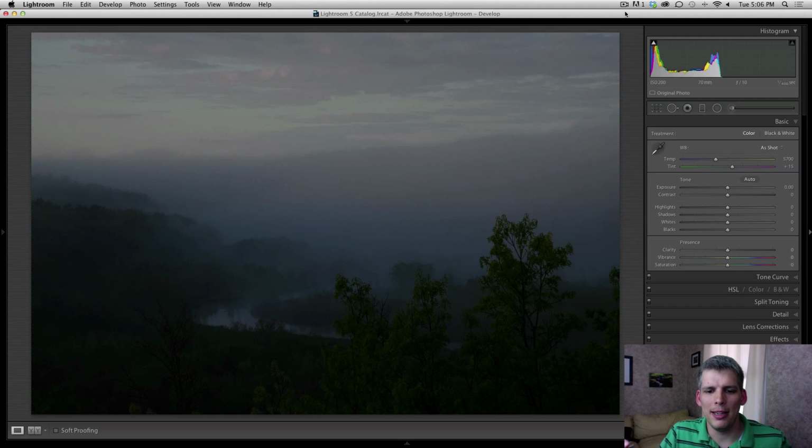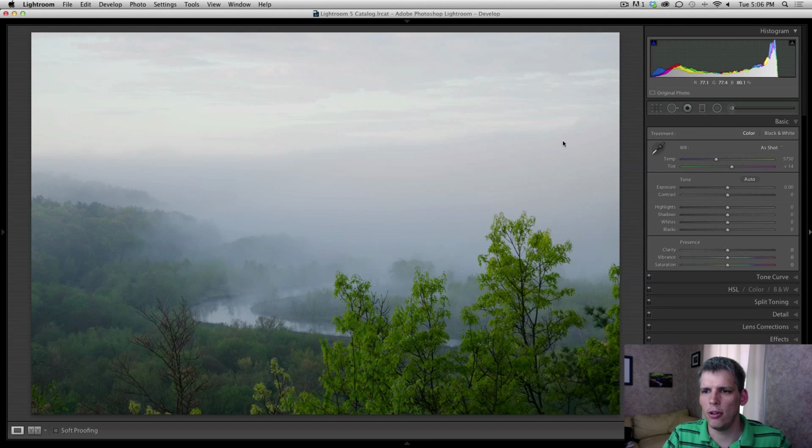This week I thought it'd be interesting to take a look at two photographs that are of the same general scene but shot using different settings, namely different exposures. So we have this photograph here, which was shot at ISO 200, 70mm, f10 and 1/400th of a second. And then if I click on over, we have ISO 200, 70mm, f10, but 1/100th of a second. So it's a few stops slower in terms of shutter speed, which allows more light to hit the sensor and